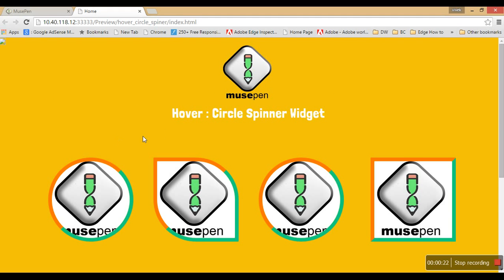There are four variations that I have created. Let me show you. If I hover over this image, you see that there is a circle around it that moves 180 degrees, and product information is taken over which has a heading as hover and some description. So you can design these things with the help of this widget, and you can make a nice hover animation